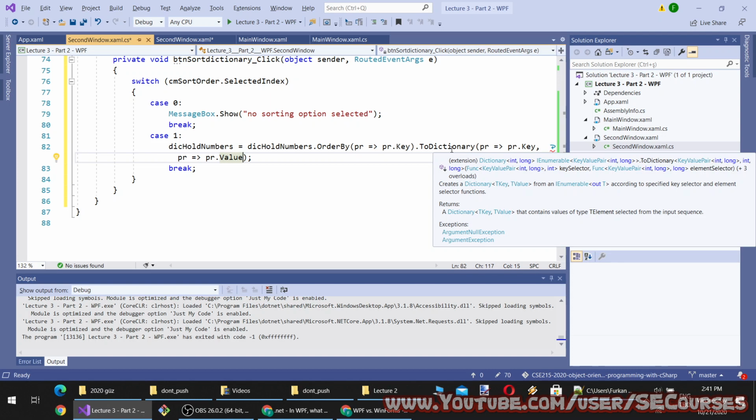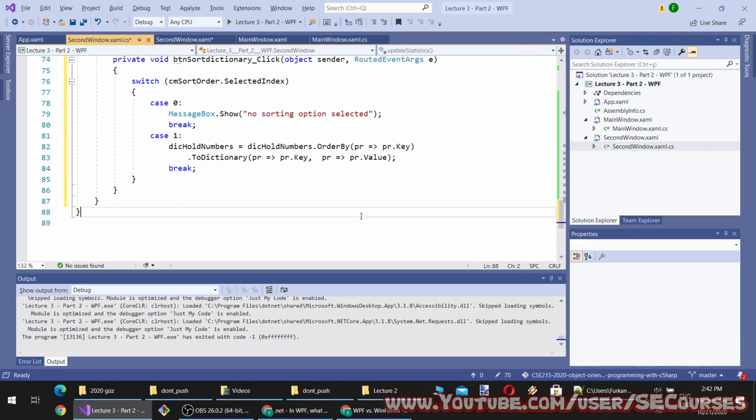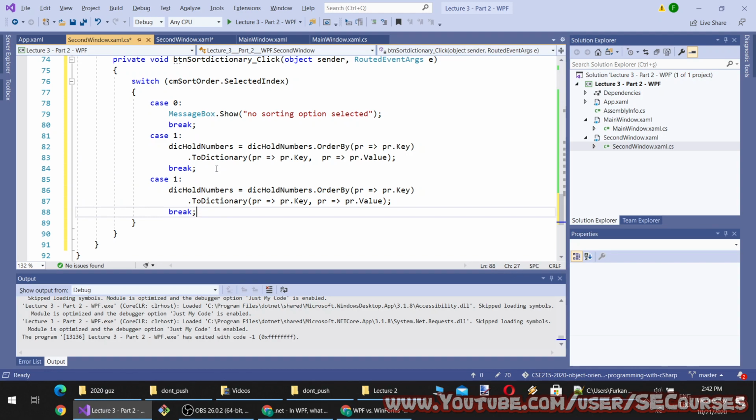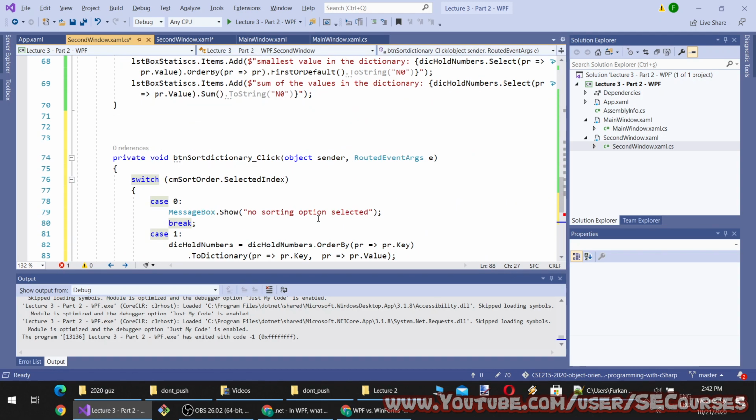In this case, I am providing pr.Key as the key and pr.Value as the value. Okay, this should work. And case 2 is order by keys descending.